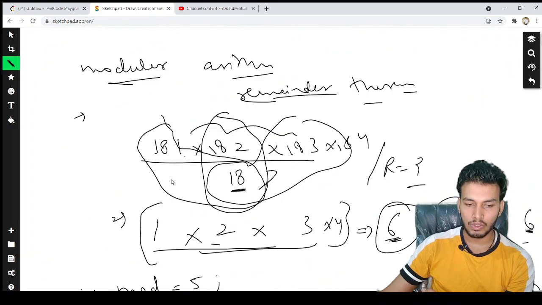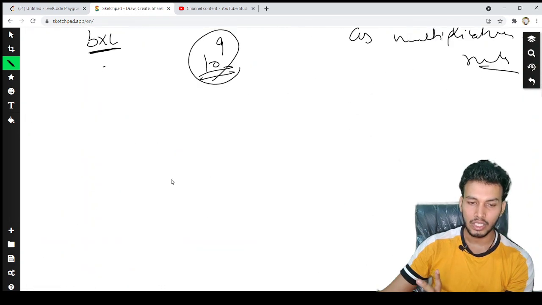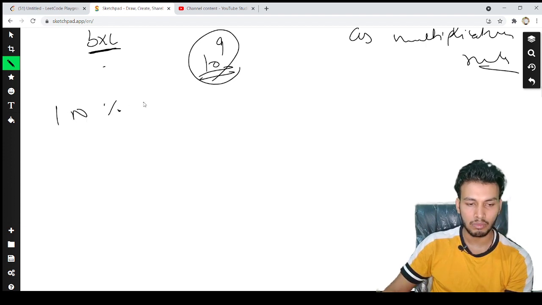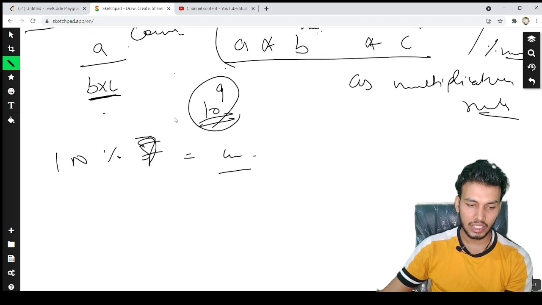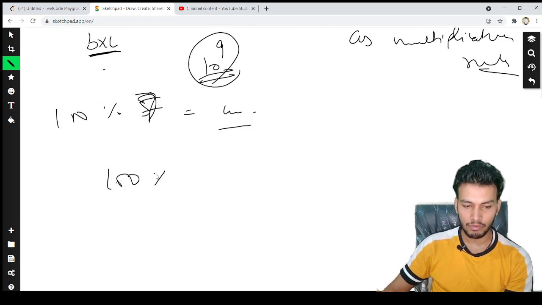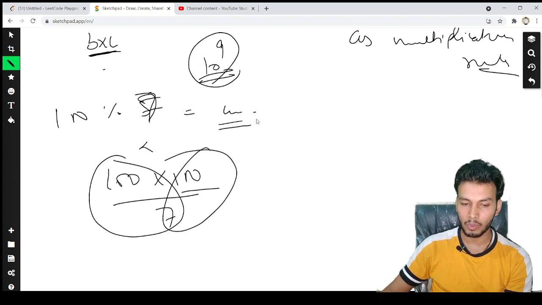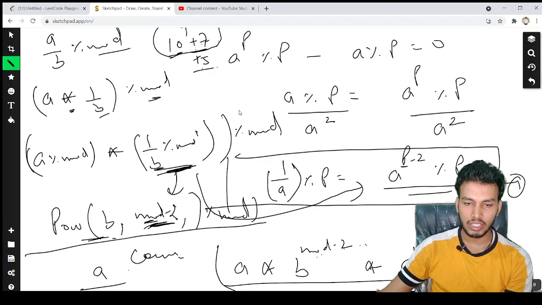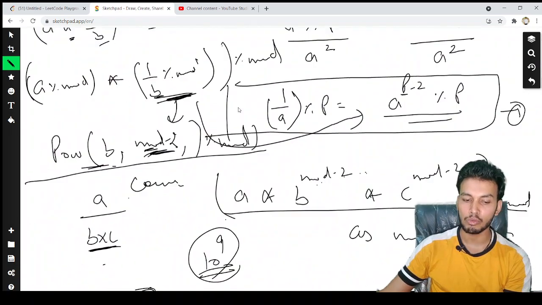Okay, so I guess modular arithmetic is clear. What is the purpose of mod is clear. If you are a beginner, you can simply try this mod operator on a smaller number, let's say 100 mod 5 or 100 mod 7. You will see it is giving you the remainder. And if you want to find the remainder for this thing, this remainder multiplied by this will be equivalent to this thing. This way you will be able to derive all the addition, subtraction, multiplication and division formulas for modular arithmetic.